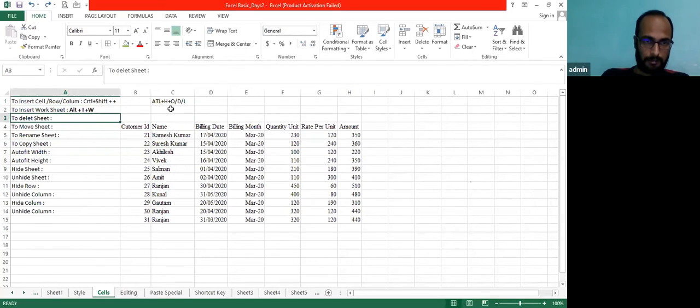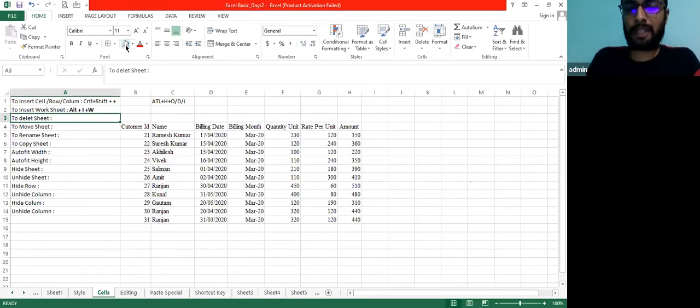Sorry, we will be discussing it later. Let me highlight it, move sheet. Whenever we use this command, we should remember that we do not have the option of Control Z. Once we have deleted any sheet, we won't be able to recover it. The only option left, if we have wrongly deleted a sheet, is to close that Excel workbook without saving. In that case, we will be able to recover the previous sheet. Otherwise, we won't be able to recover it.